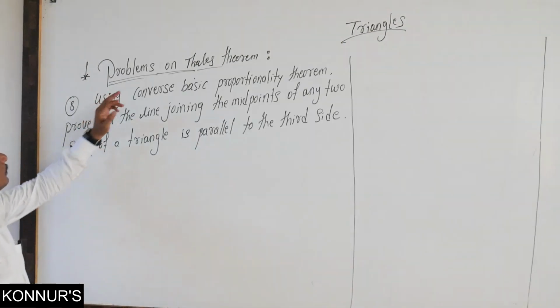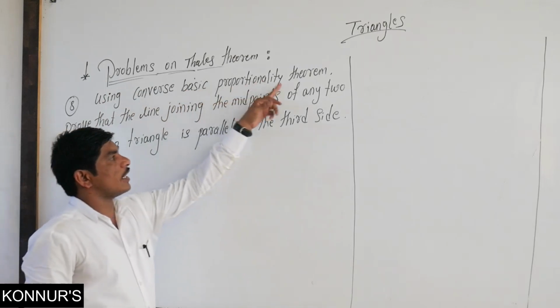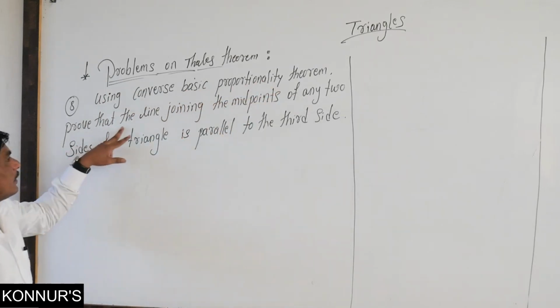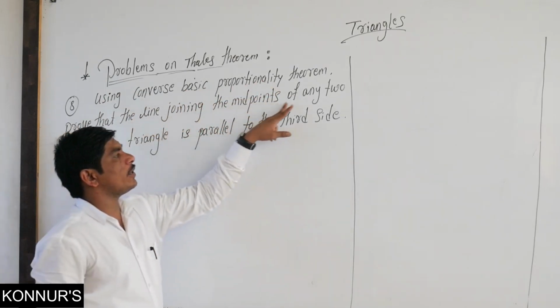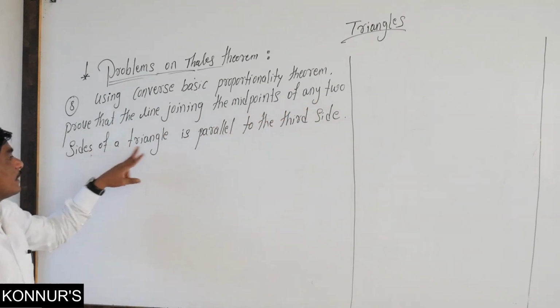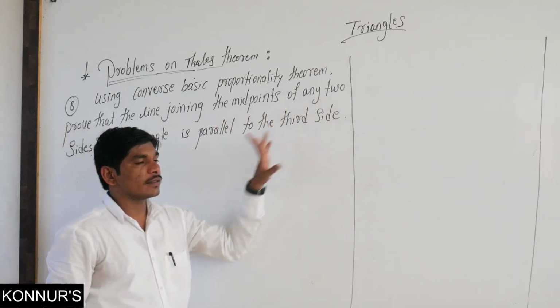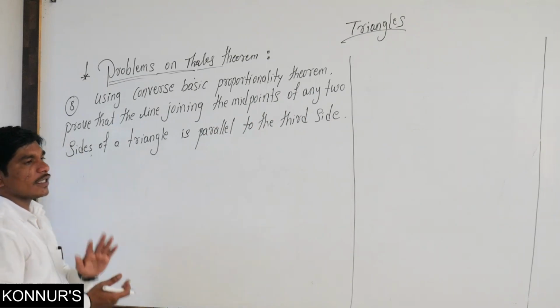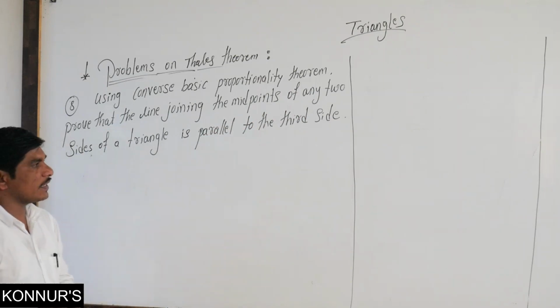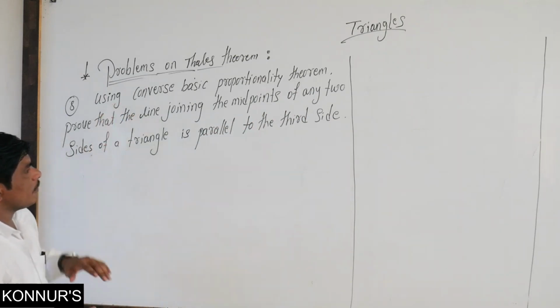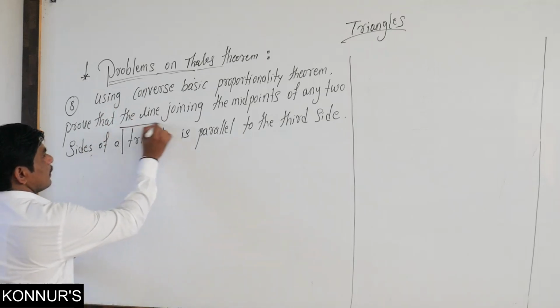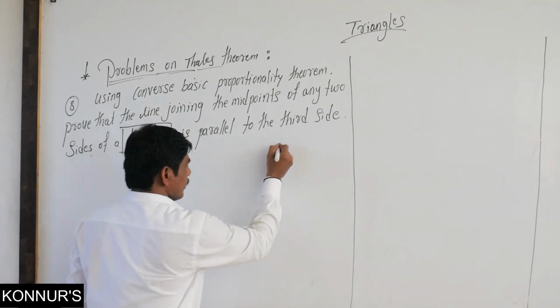The eighth question. Using the converse basic proportionality theorem, prove that the line joining the midpoints of any two sides of a triangle is parallel to the third side. According to the given statement, first we draw the figure. In this statement we observe a triangle is given. First you have to draw the triangle